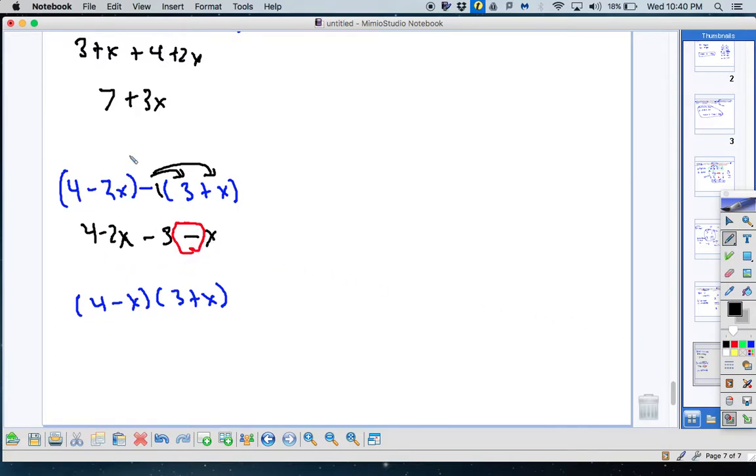Okay, now just like before, we can combine like terms. So I get a 4 and a negative 3, and that's going to equal 1. And I got negative 2x minus x is negative 3x. So I do 4 minus 2x, take away 3 plus x, you get 1 minus 3x. All right, and then the last example is going to be down here, and this is going to be a